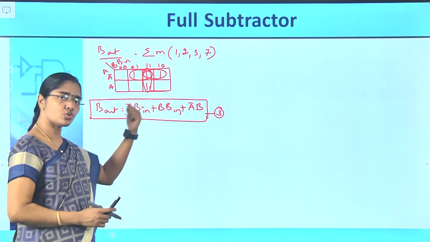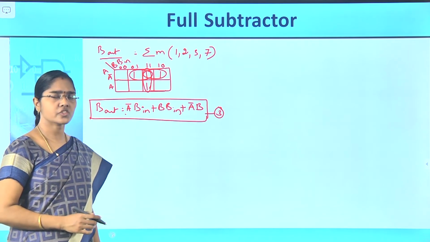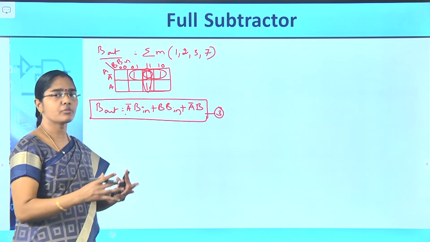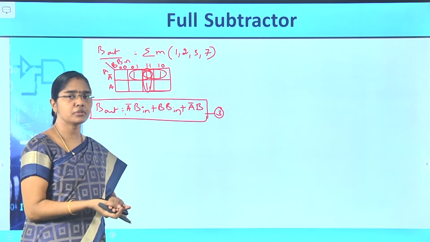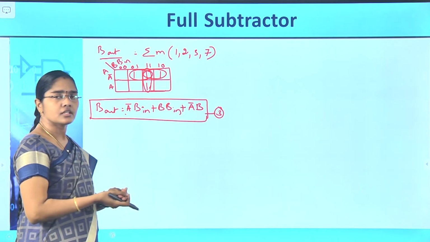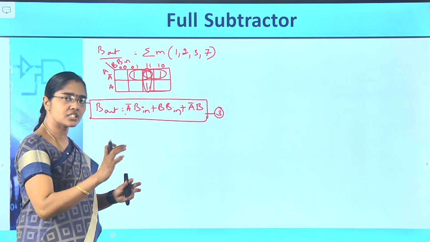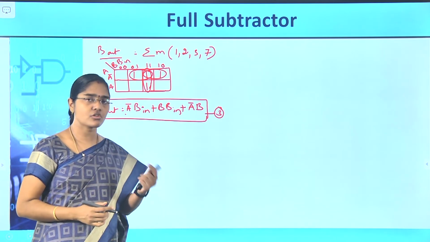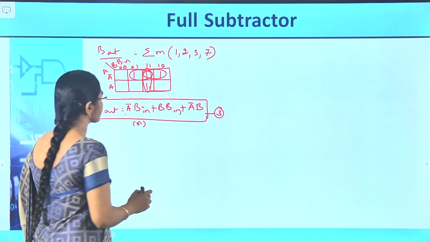Okay, now equation 2 and this equation 3 will give our logic diagram. And for that logic diagram, if we use common gates between difference and borrow, then it will be easy, or in the hardware implementation it will require a smaller number of gates. So for that reason, this borrow out expression is also going to be rewritten in terms of the terms which exist in the difference expression, that is in terms of some XOR. So let us rewrite an alternative form of this borrow out expression.